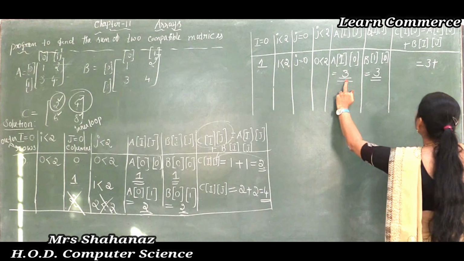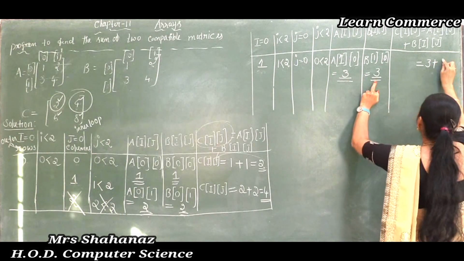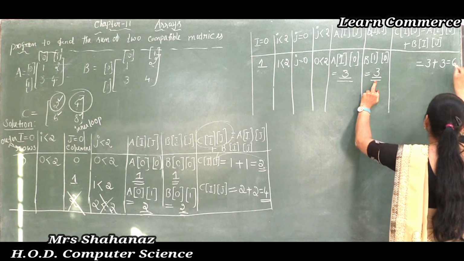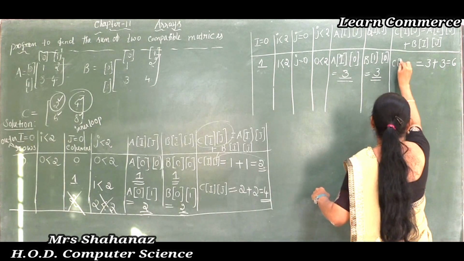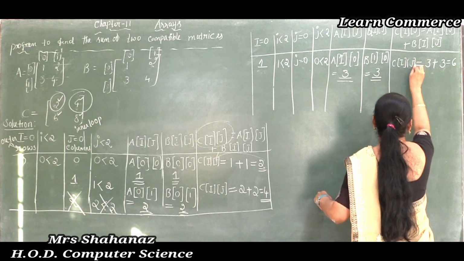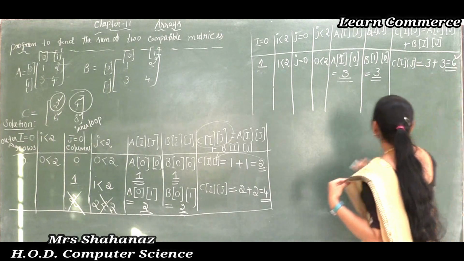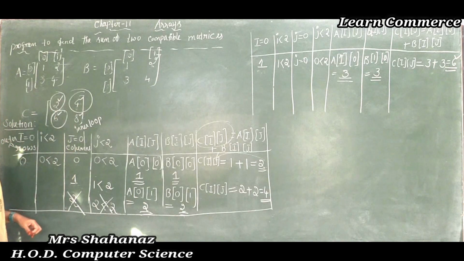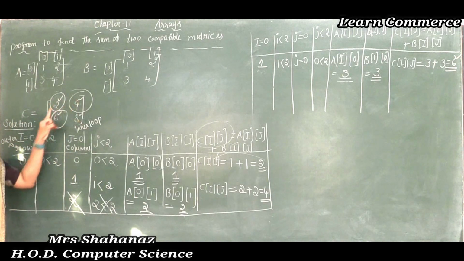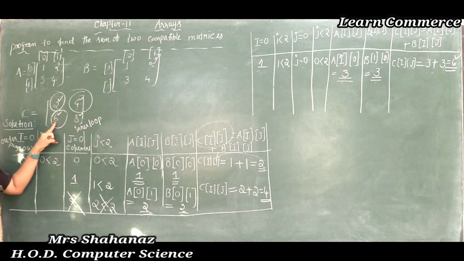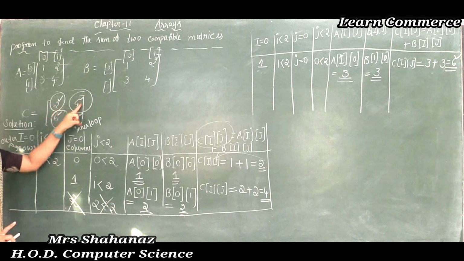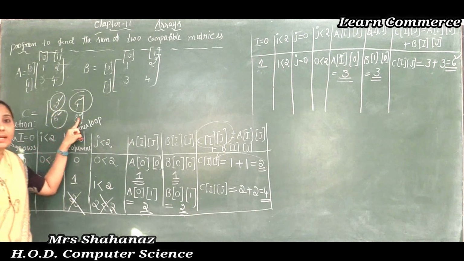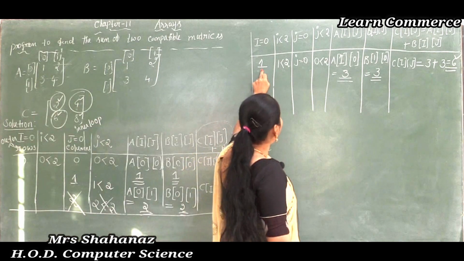The A of ij value that just came to us is 3, and the B of ij value is 3. Now the total value is 6. Such a value I am going to add into C of ij. Clear this one here, the 6 value. So we can say this is the result, 6, correct? We should get 2 4 6 8 as the result. Up to here we have got 6 as the result. So 2 4 6, now let's go for our result 8.